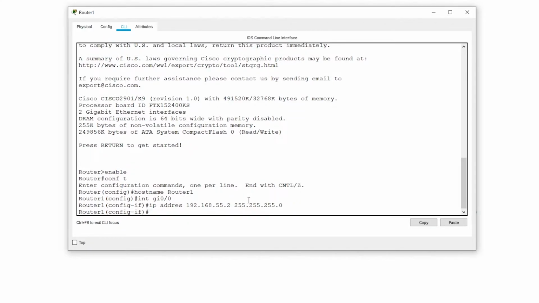See, I made a typo there. I typed in address without the S, but that's fine because it was able to figure it out. We'll check that later just to make sure.